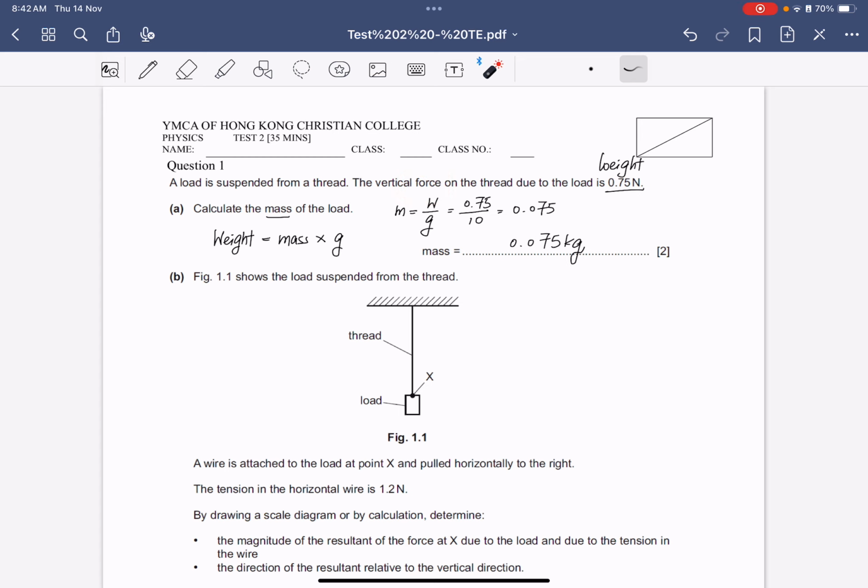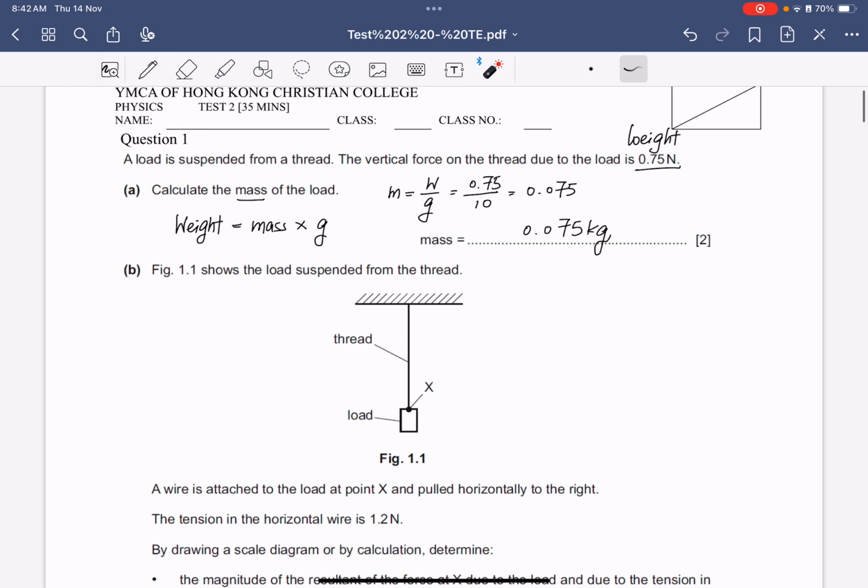On the other hand, when you read the question carefully, it already tells you that this is the force. So if you are careful enough to notice that you are given a force and you want to find a mass, then this question will be much more straightforward. I remember many of you finished the test earlier. If you had checked your paper very seriously, then you may have been able to spot this mistake and get back 2 marks on that. Many of you didn't have steps. That's so unfortunate, because if you make any careless mistake, then I have no hope to give you any marks for the